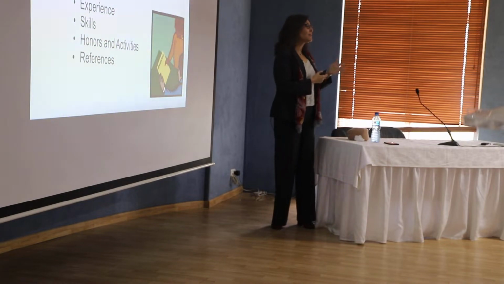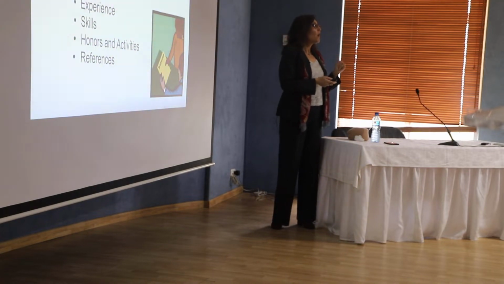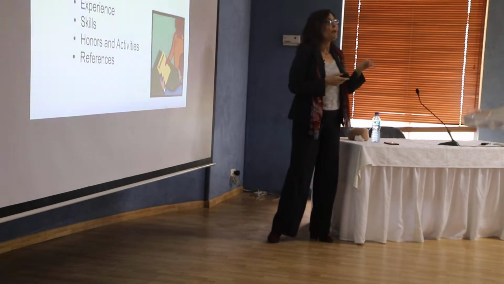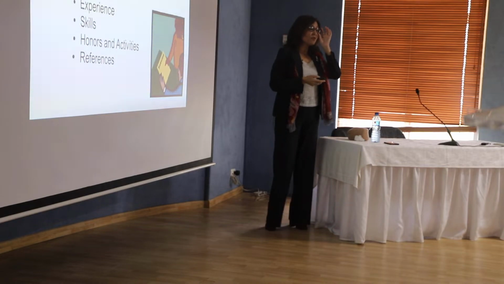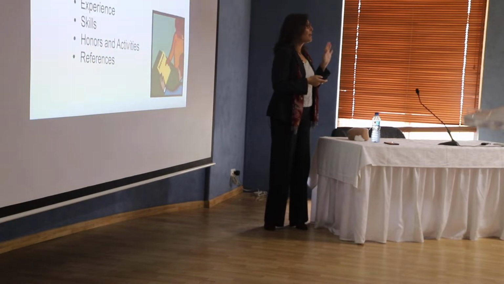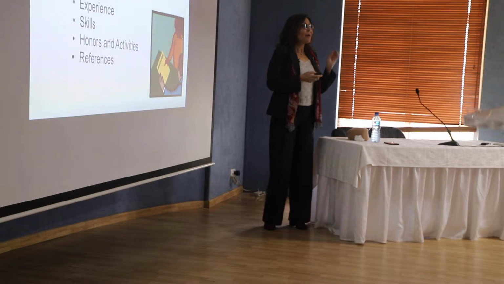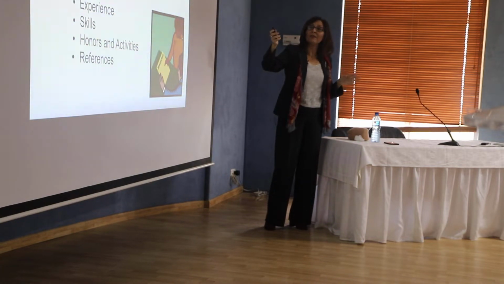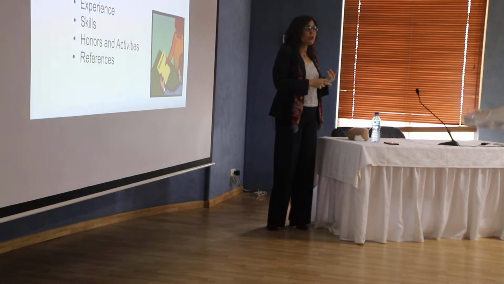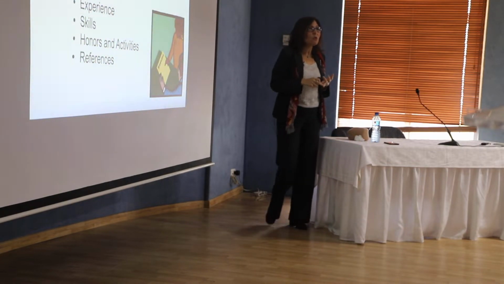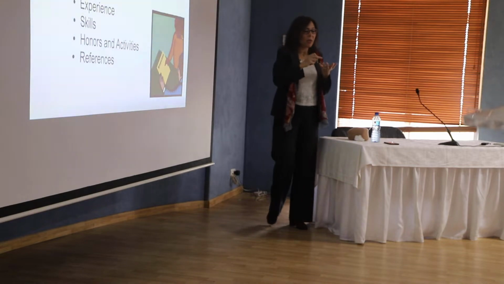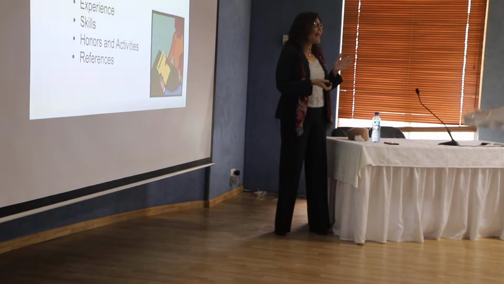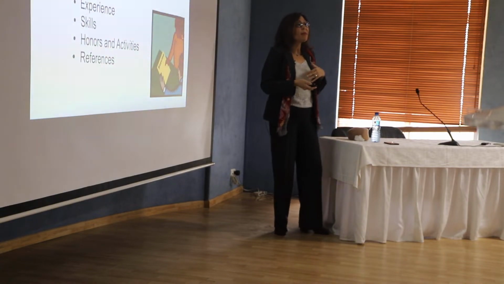So what are the main sections of the resume? So now you are ready, you have a piece of paper in front of you, or probably your mobile, and we have to start drafting our own resume. So resume would definitely, the first thing we have is the contact information, the objective statement, or we call it the career objective, education, experience, skills, honors, activities, and references, or sometimes we call them referees.